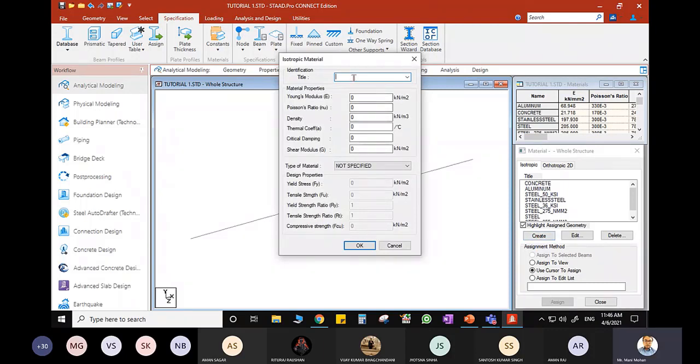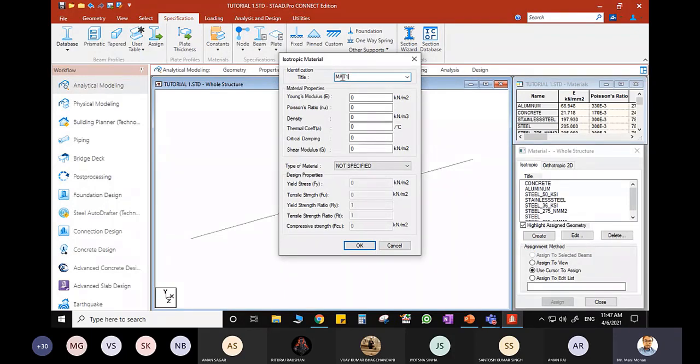And I'll give a specification of this material. I'll write mat1. And please note, when you are writing this, you should not give any space. There should not be any space when you give the identification title. Okay, so you cannot write mat space 1, because if you do that, when you are going to do the analysis, you will be getting some error.